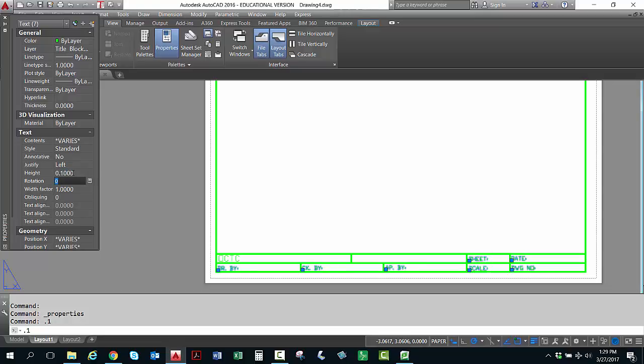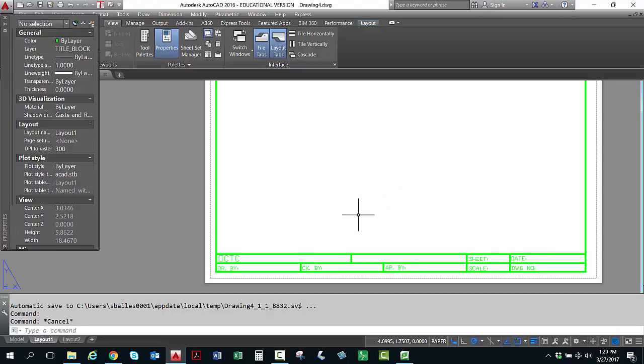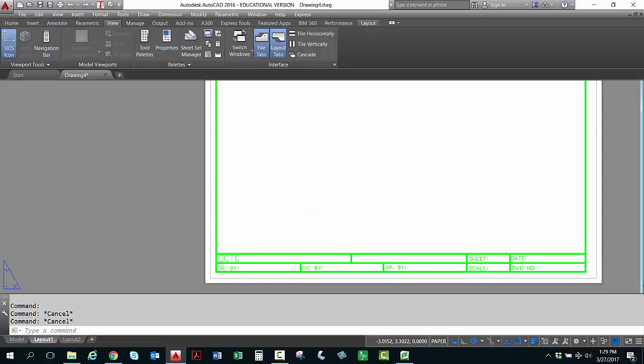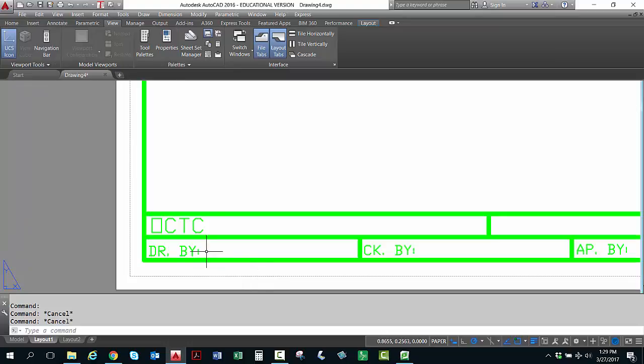Enter. And that gives you a little more room to put the information next to it later on. Okay? And so I'm pressing escape, and I'll close my properties. So that's all now smaller,